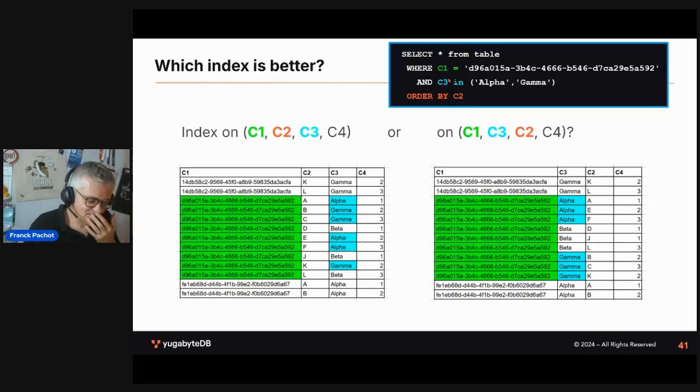There is a good chance that starting with the equality predicate is good. So I will create an index that starts with C1. But then I have the choice. Do I want C2 because it is the order by, and then C3 because I have some predicates on it? Or do I want C3 first to find immediately only the rows that are needed, but then only later the order by? So those are the two indexes that I can create on C1, C2, C3, C4, or C1, C3,